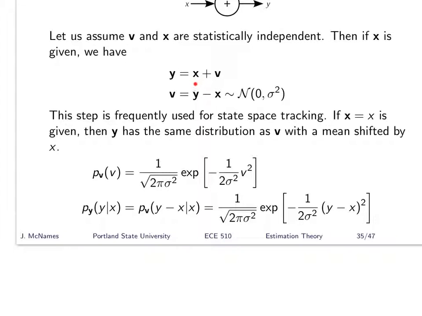So this is the state. You can think of this as the state plus measurement noise, and that gives us our measurement. And then one of the things we need, the likelihood, which is right here, ends up being just a normal distribution with a mean of whatever the state happened to be. This is conditioned on knowing the state, so there's nothing wrong with that. But that's how we make that jump from measurement model to likelihood that I'd mentioned before, or at least one way that you can do it.